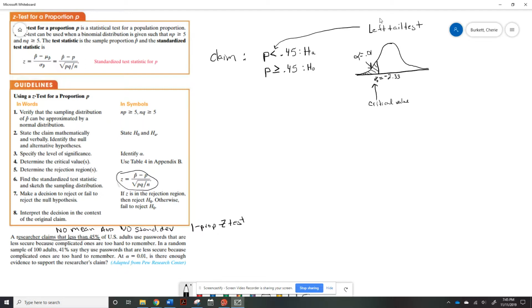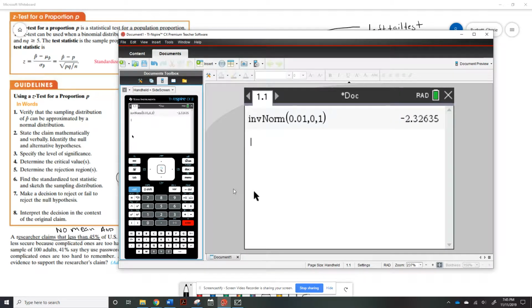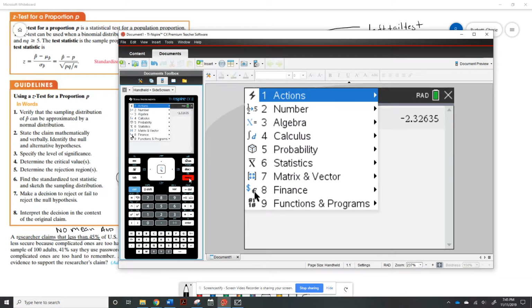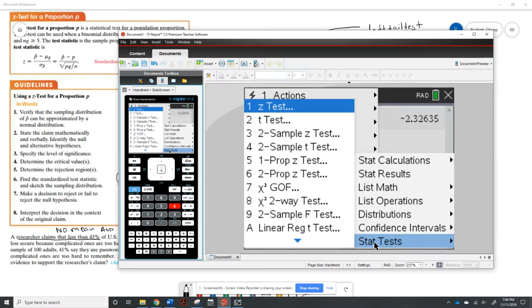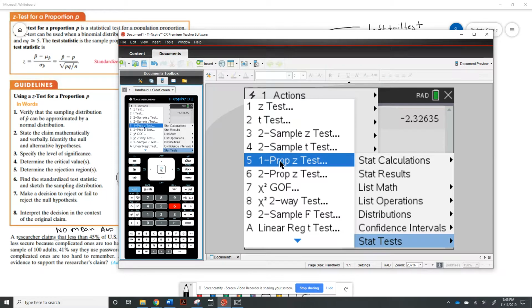Okay, so now it's time to do the test. And this is a 1 proportion Z test. So I need to look and see what information my calculator wants from me. So I'm going to go to menu, statistics, option 6. This is a statistics test, so I'm going to choose option 7, and it's a 1 proportion